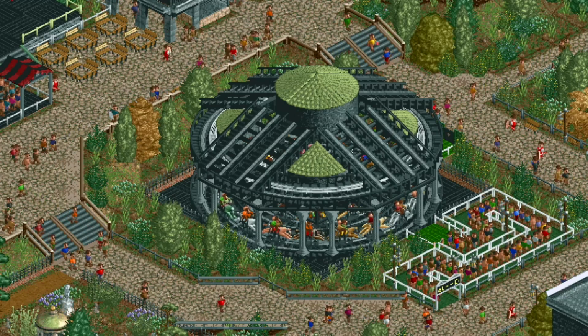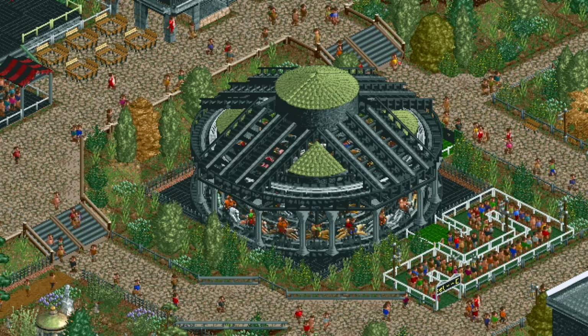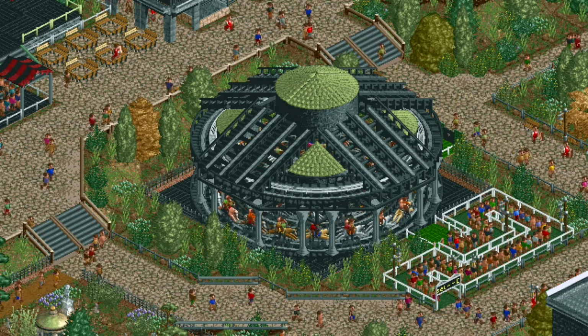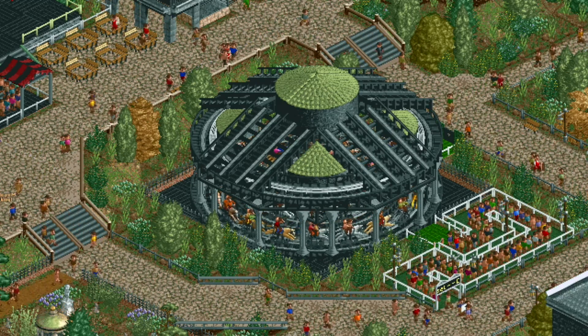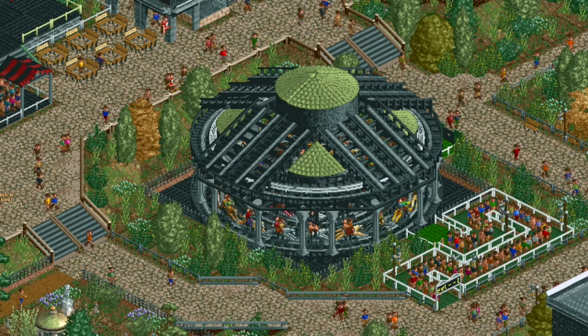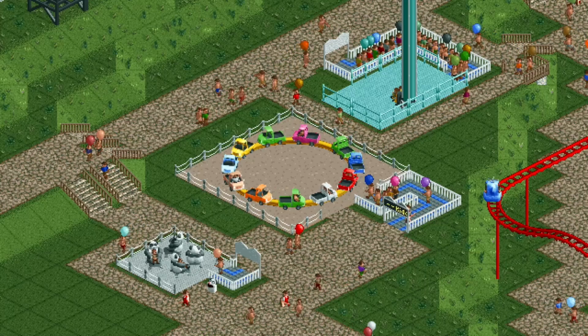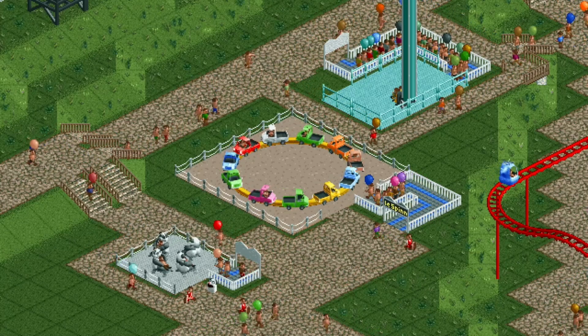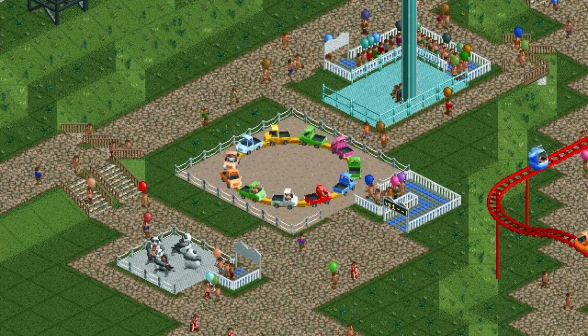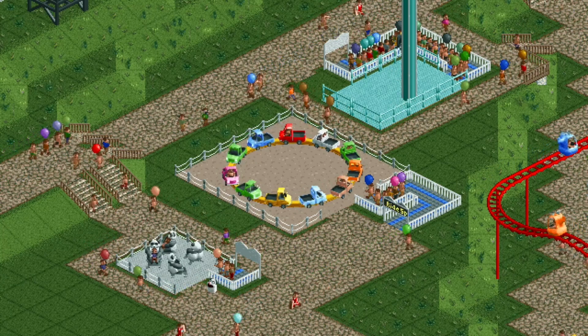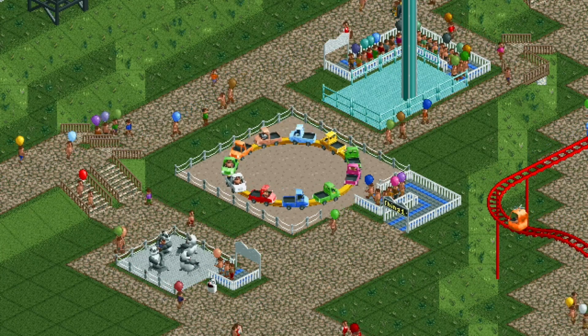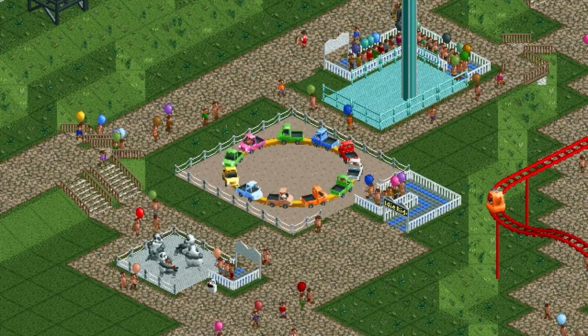And that about does it for all the features in the new Ride Vehicle Editor plugin. While these individual features themselves may seem simple on the surface, they really open a lot of creative space to do some unique and interesting things. I hope this video has helped to make vehicle hacking a little less intimidating, and I encourage everyone to play around with this plugin and try out some new techniques. There's an infinite amount of things you can do with it, and we barely scratched the surface here.